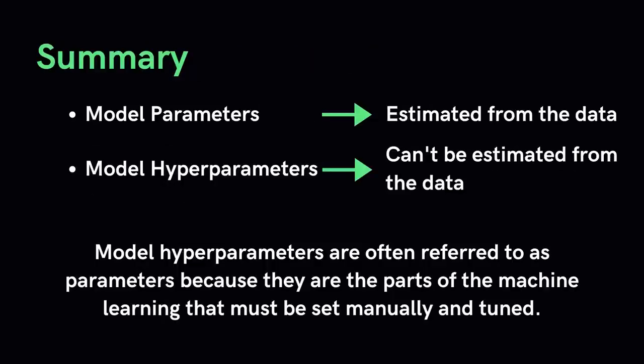Model hyperparameters are often referred to as parameters, which can make things confusing. So a good rule of thumb to overcome this confusion is as follows. If you have to specify a parameter manually, then it is probably a hyperparameter. Parameters are inherent to the model itself. Some examples of hyperparameters include the learning rate for training a neural network, the C and sigma hyperparameters for support vector machines, and the K in k-nearest neighbors.